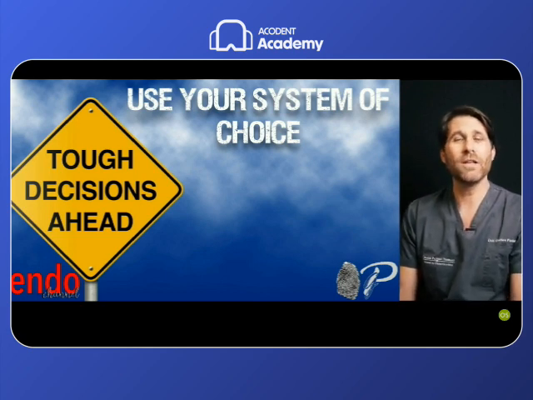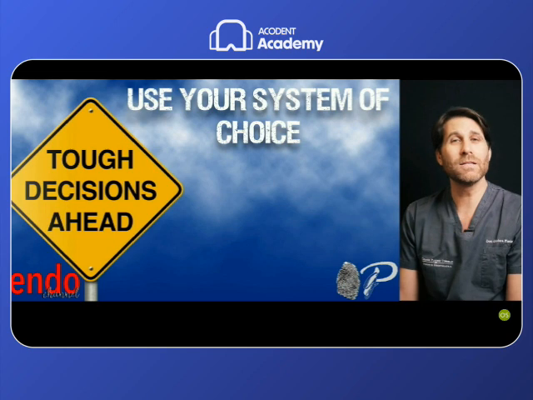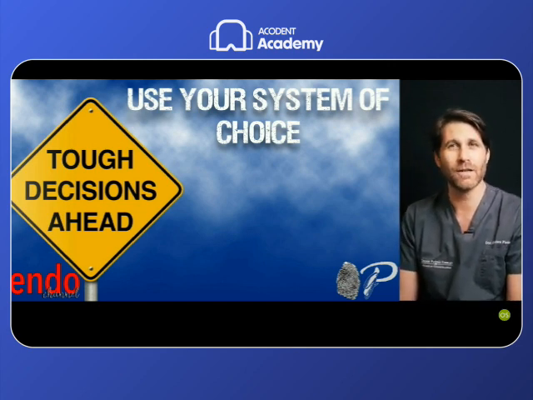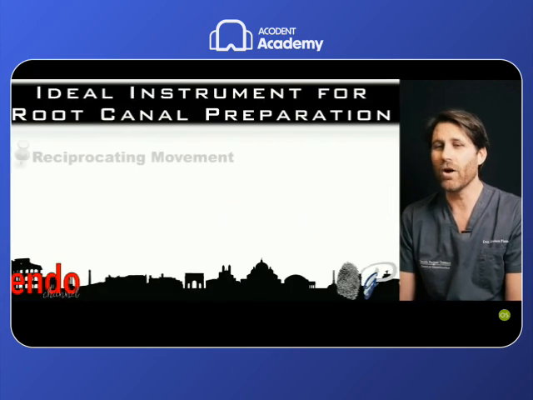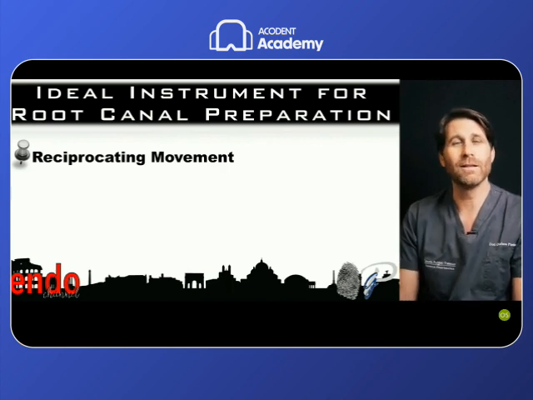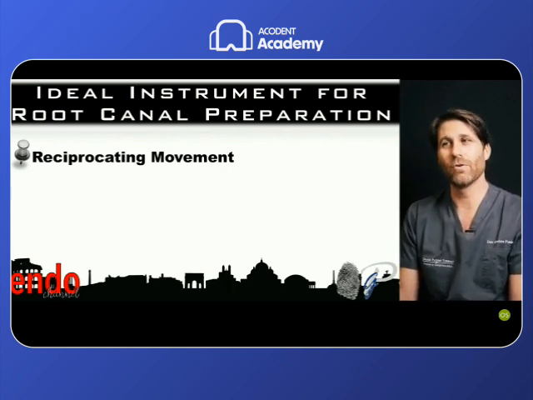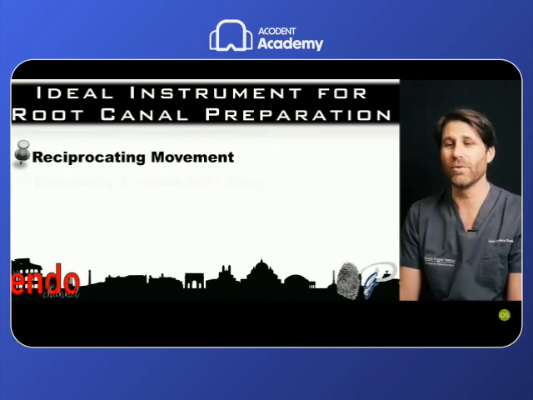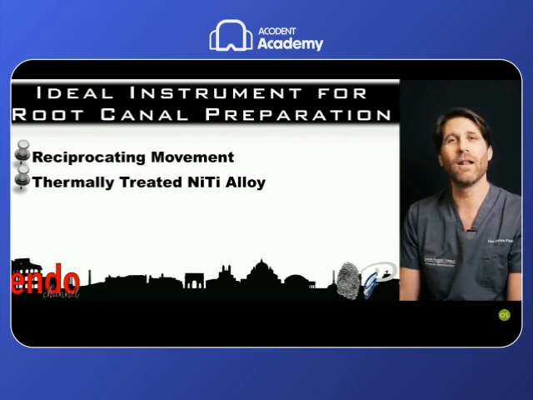we have a lot of very performant instruments on the market, mechanical files, both rotary and reciprocating, with very good mechanical properties that can easily prepare this kind of standard root canal, honestly. But my instrument of choice, which I have already anticipated and described in great detail in the lesson on the ideal instrument for root canal preparation, is a reciprocating file, because of all the advantages of reciprocation, and is a thermally treated nickel-titanium alloy file, because of all the advantages that we have described on this topic.